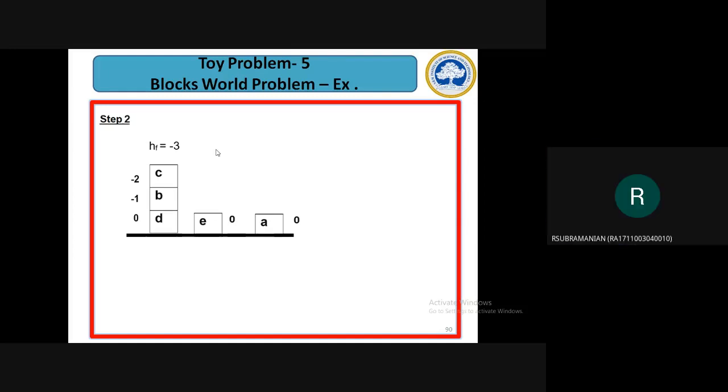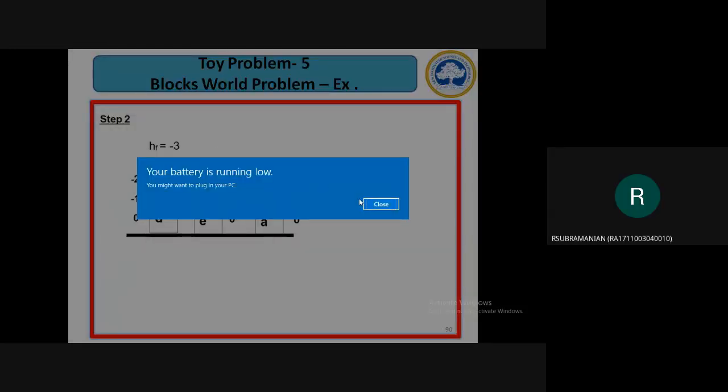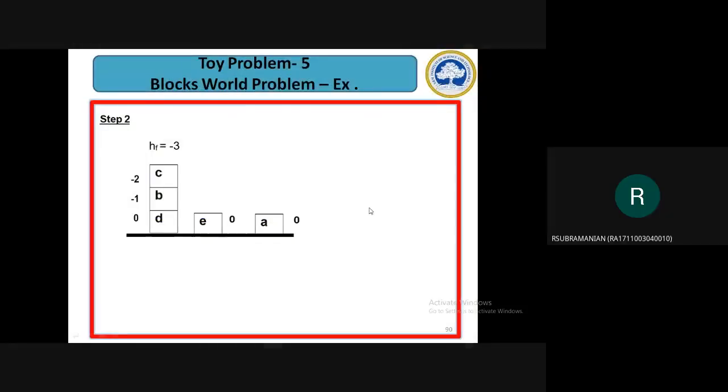Ma'am, I have a small doubt. No matter whatever you pick from the top, wouldn't the heuristic be the same? It would definitely reduce, right? Because it would be at the -4th position, so it would reduce. How would we know that it's the right way? The heuristic would definitely go down no matter what is in that position, right?